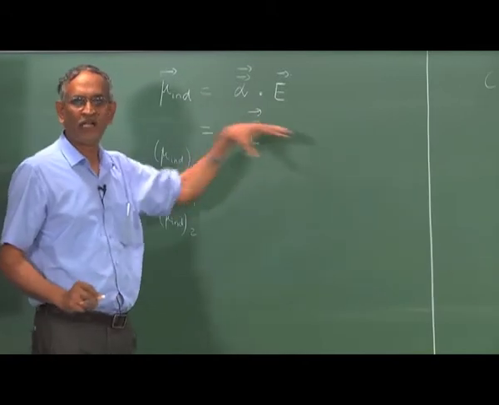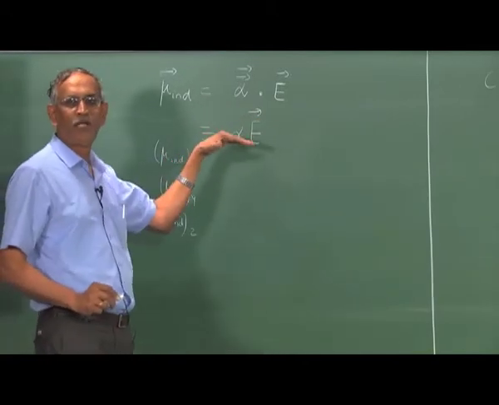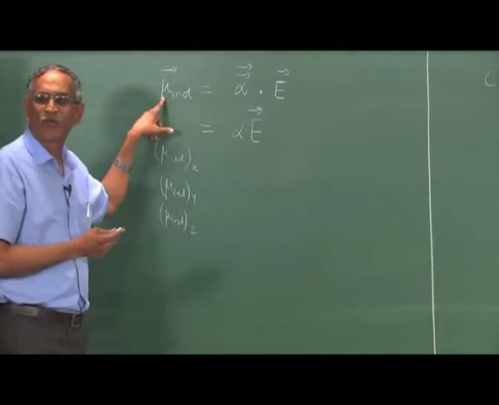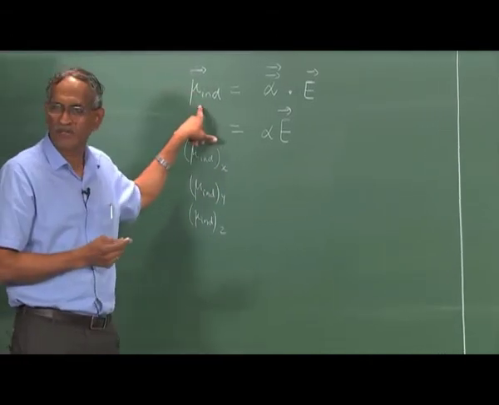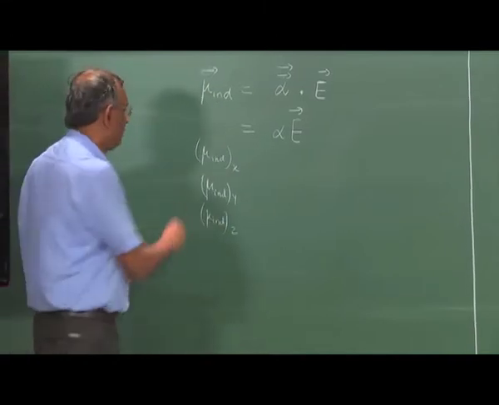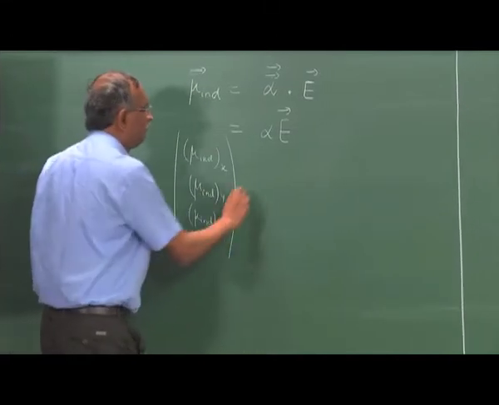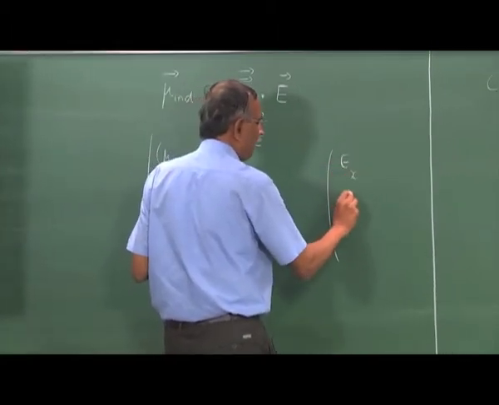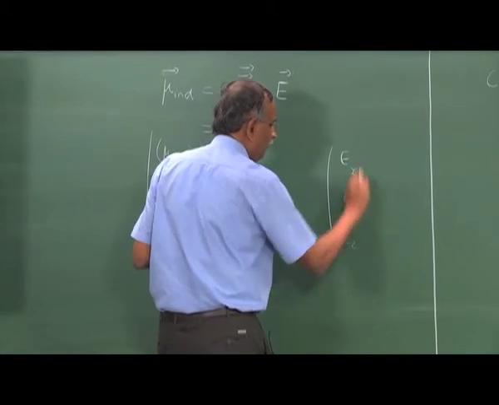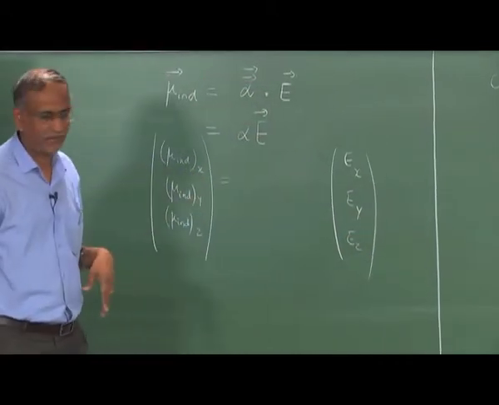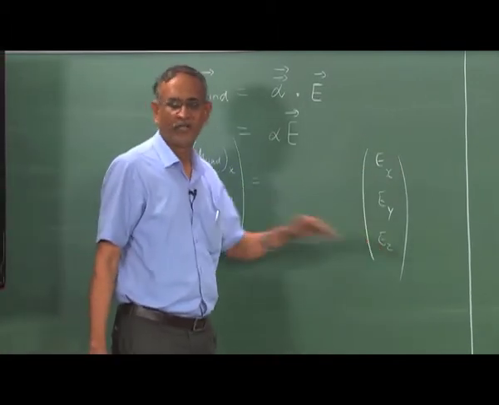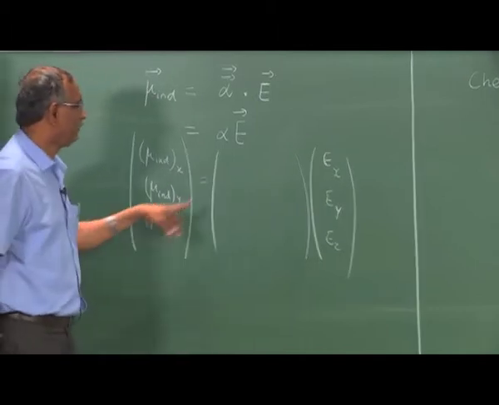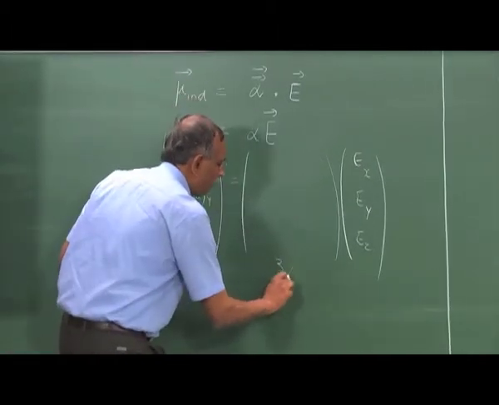If the electric field is in the Z direction, then in a plane perpendicular to the Z direction are the x and y axes, and with respect to that axis system, the mu induced is a vector, therefore it has 3 coordinates, and the electric field itself has 3 components Ex, Ey and Ez in an arbitrary direction, and then alpha is given by a 3 by 3 matrix,